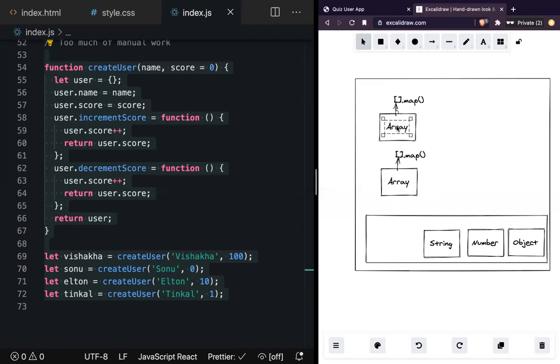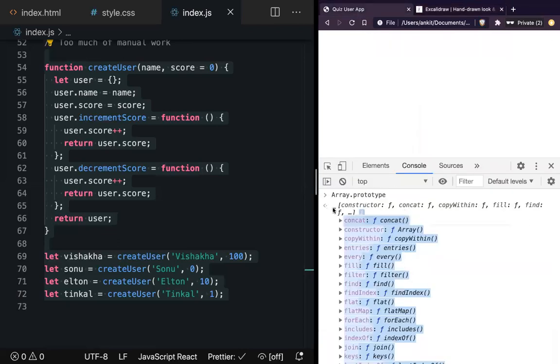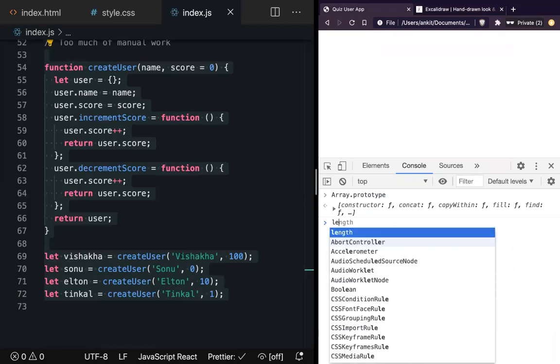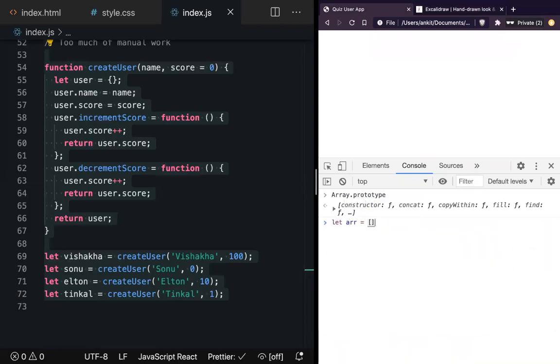Have you ever seen map behaving differently for you? No way. Map always behaves the same. So here we have one copy. Let's create one variable called ARR that is an empty array. Let's create another one called ARR2, that is not an empty array, it's 1, 2, 3.